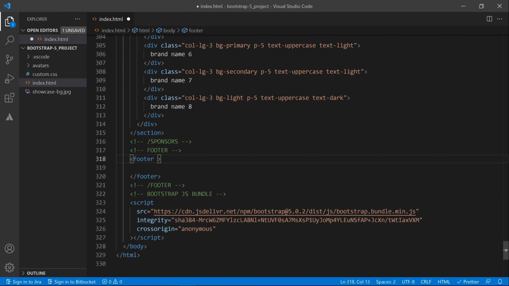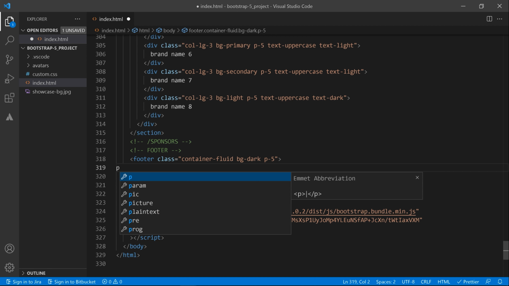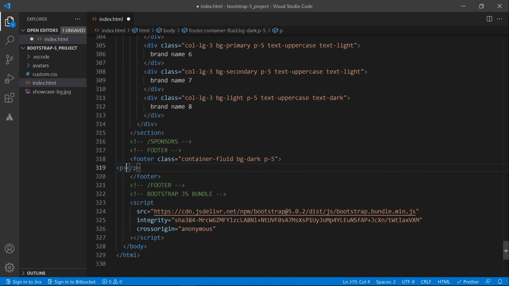It's gonna be the container fluid, and background, let's add dark, and let's add the padding 5, and inside let's add the paragraph with some, not uppercase but lowercase, and like Bootstrap 5